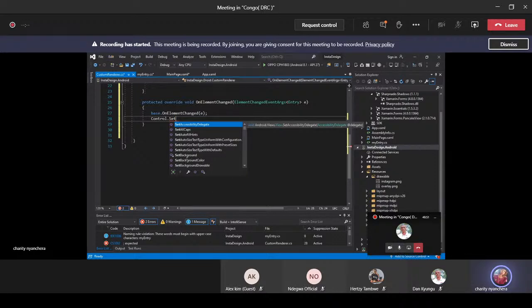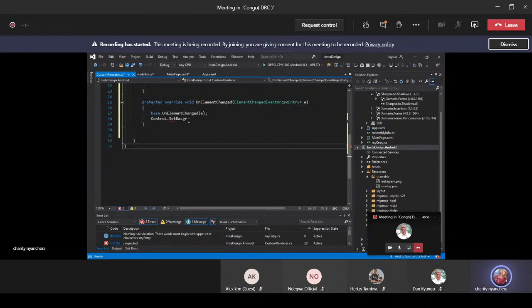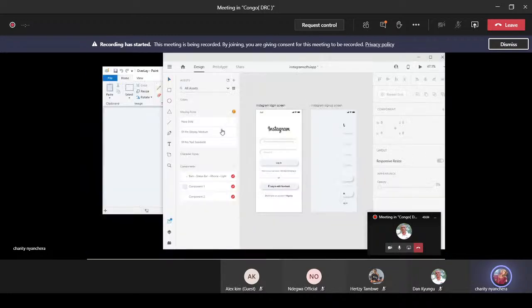Control dot set background color. We're going to set the background color of our entry to transparent so that it does not have the automatic underline. So our color is